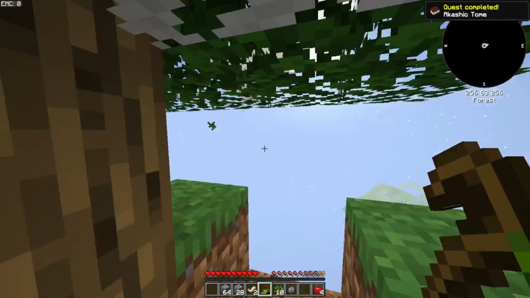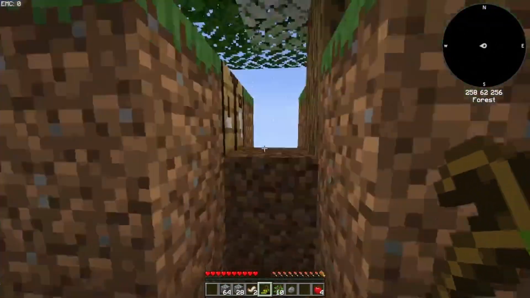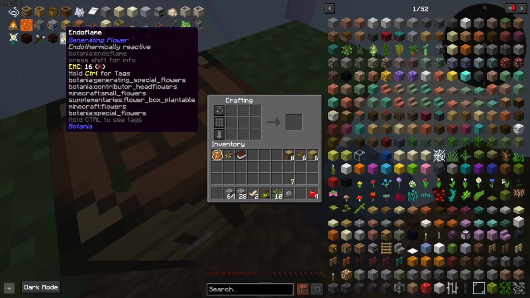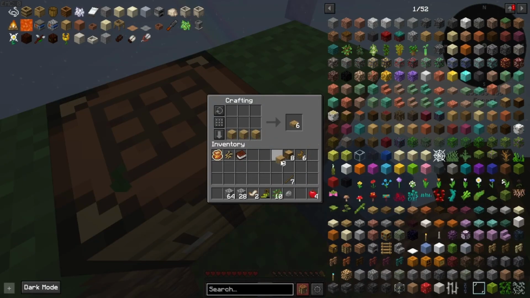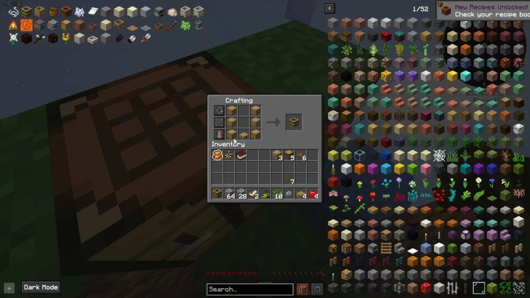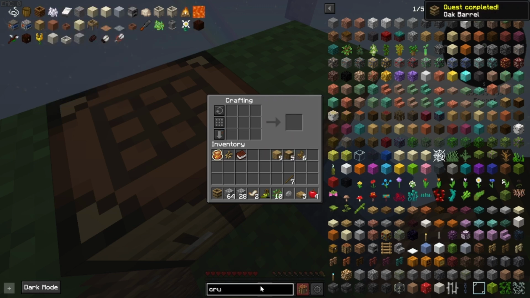Now, string. We're going to wait for all these to get infested. It's only going to take a minute. And then once they're infested, we're going to make string. But we can actually do some of these quests right now, or some of these things I had planned out right now. So we can make an oak barrel. This will let us get some more dirt. Oak crucible, which I just...